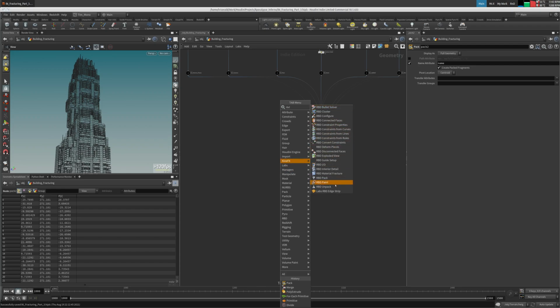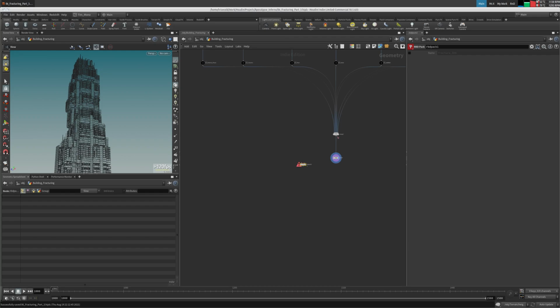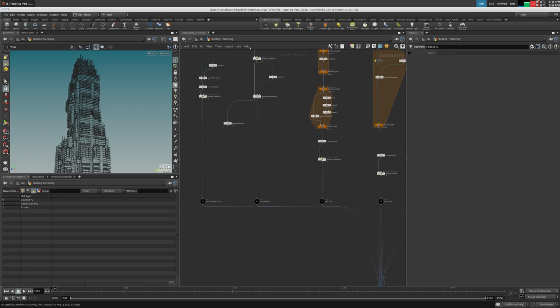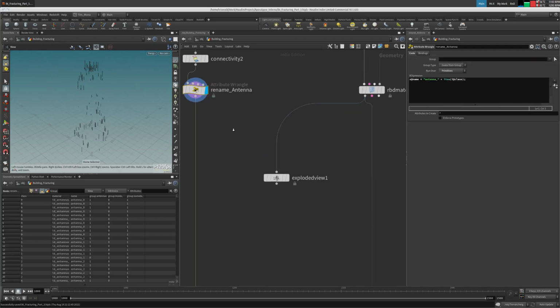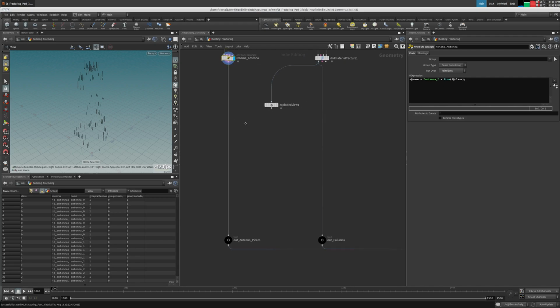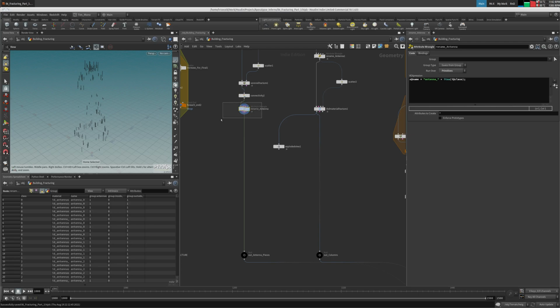RBD pack. Okay, I'll go here. It's going to create geometry, constraints and proxy. These are empty, I don't have them. We can do those now. Basically these are the hero chunks, right? And I can do things like, what was it,